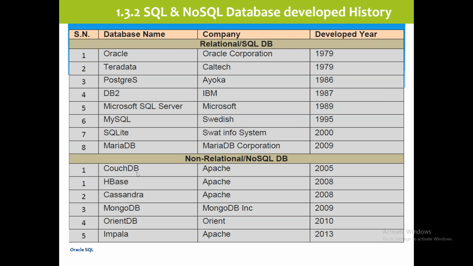First company, Oracle Corporation, developed this Oracle database. Second is Teradata. The Teradata company developed that in the same year, 1979, but toward the end of that year, around November, December, and Oracle was introduced around January, February. So the oldest database is Oracle, and that's why till now in many companies, 70 to 80% of companies